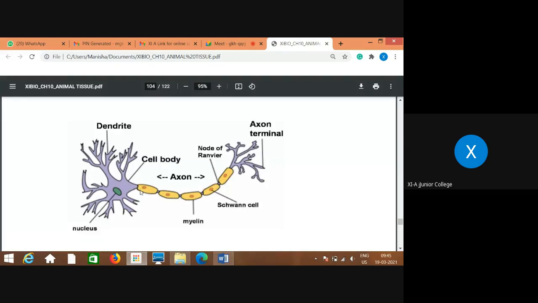The outer layer is called neurilemma. The cytoplasm of the neuron, that means the cell body or cyton, is called neuroplasm. Remember, the words come as per the name of that particular part. So a centrally placed oval shaped nucleus is surrounded by cytoplasm, which is called neuroplasm,